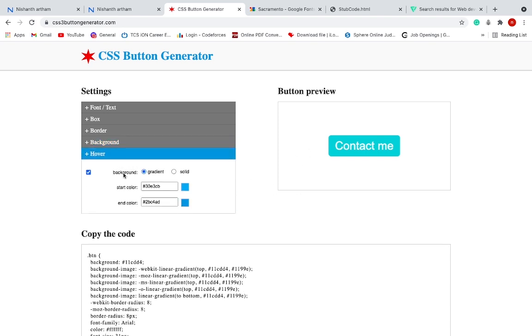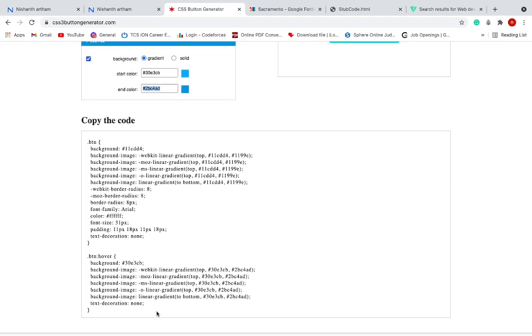And what is hover? I didn't explain this to you in the CSS part. Hover is nothing but when you try to hover over it, or when you place your cursor on it, you'll see certain changes. Now your color is changing over here, and what color should it change to? These are their values. This is the start and the top part, and then this is the bottom part. So these are the changes which I'm getting. After that, you just copy this code